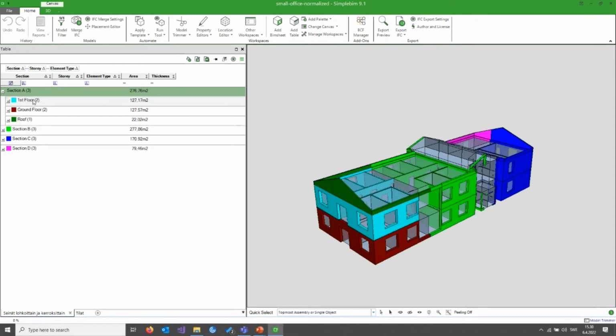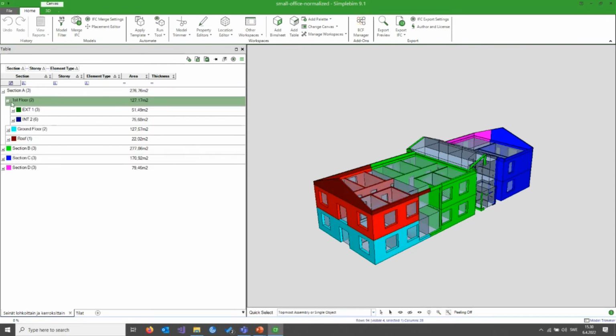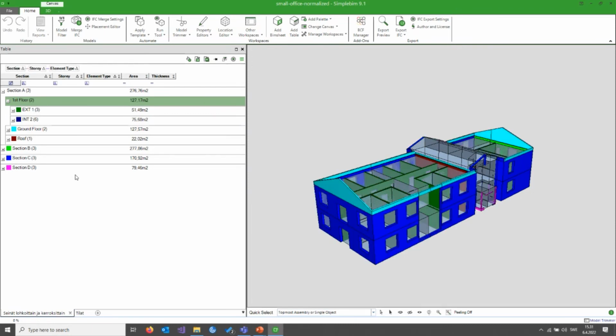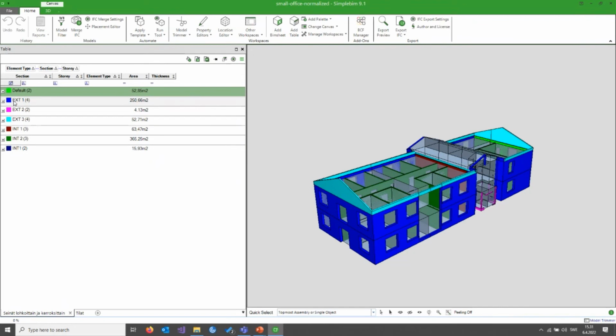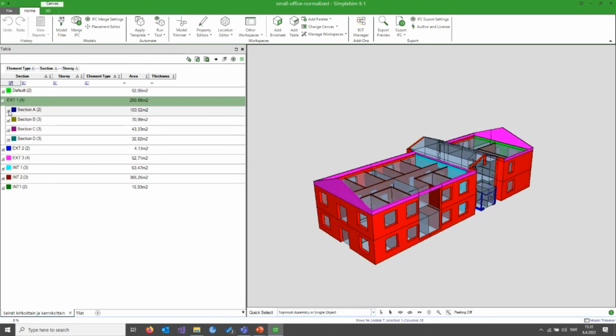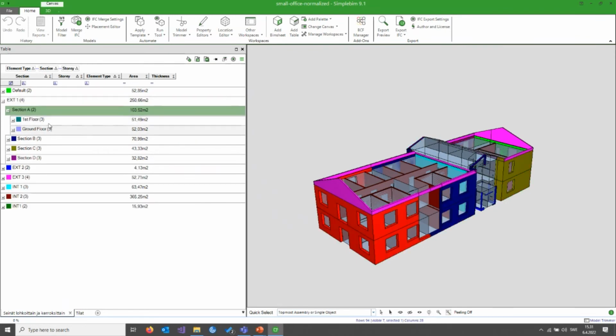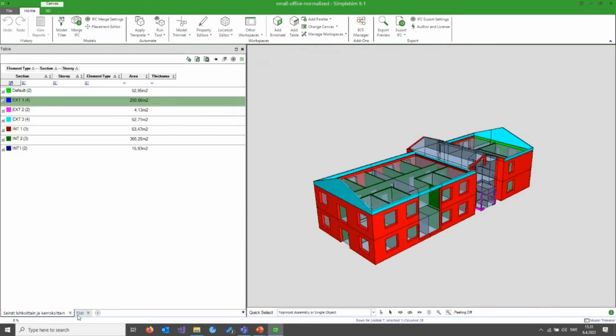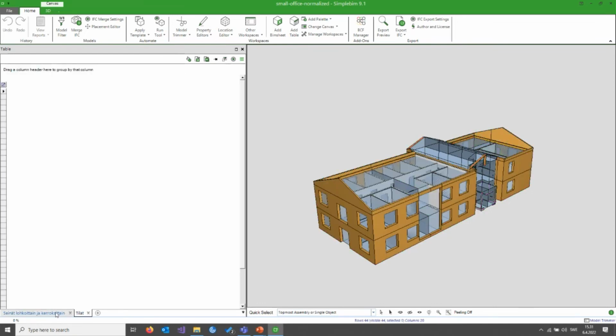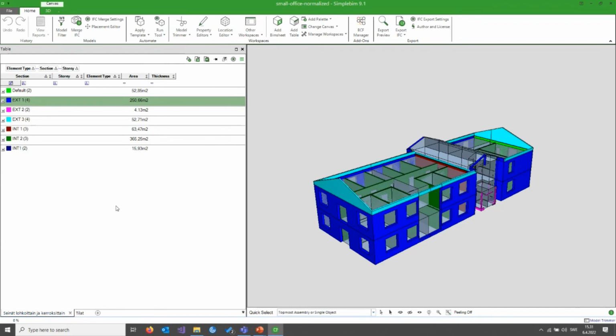Then we can see that on the first floor, second floor, roof, and on the first floor we have these wall types. And we can say, well, if I want to see this wall type first, then I can see I have a total of 250 square meters of this type of wall, and it's divided into sections and floors like this. And then we have our spaces here. Apparently not, but you can see how